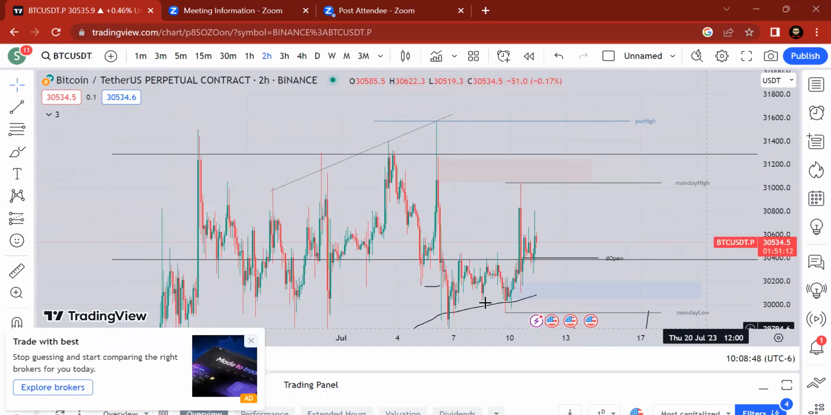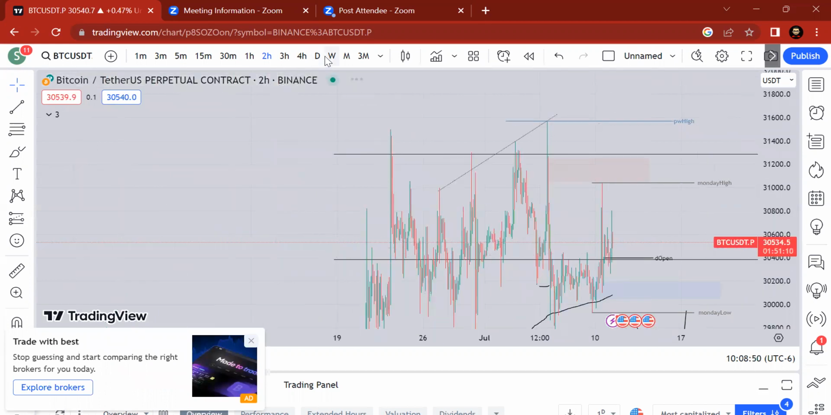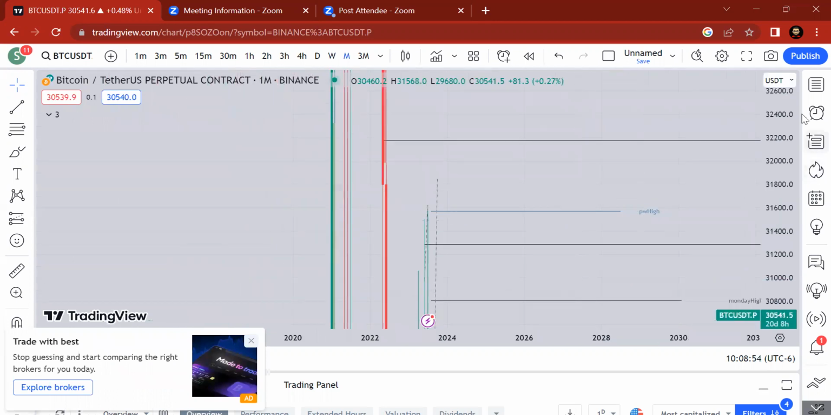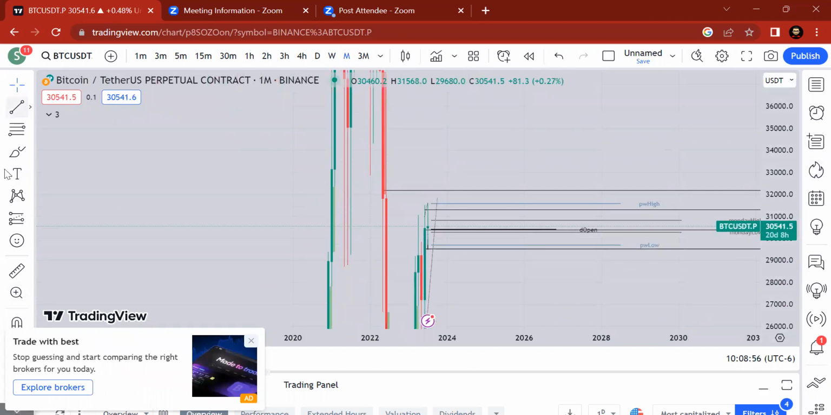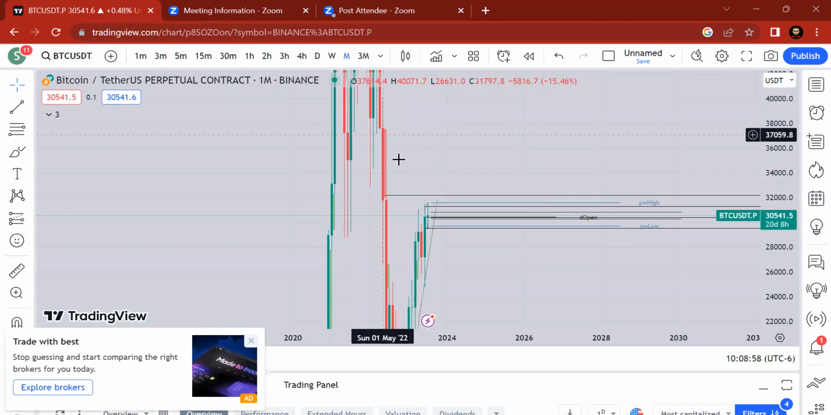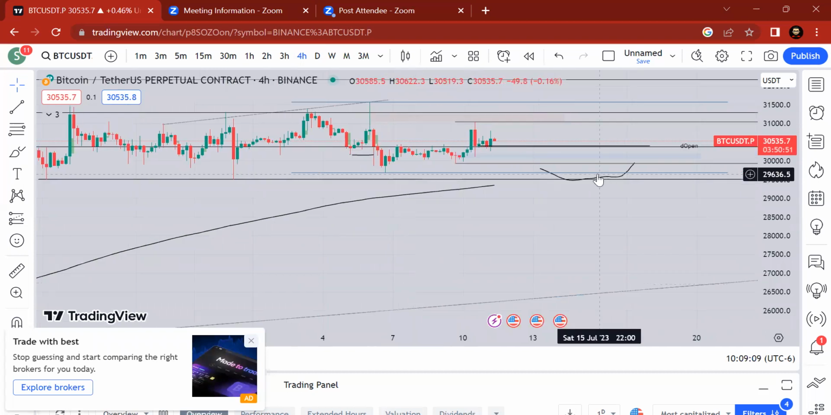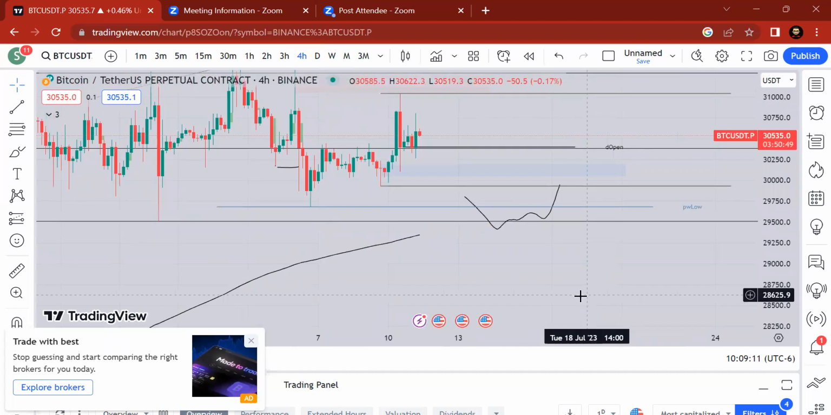And then what will be our target? I already told you my targets. I will target this zone, this monthly FVG. I already marked that level. So if price comes here to range low, sweeps,